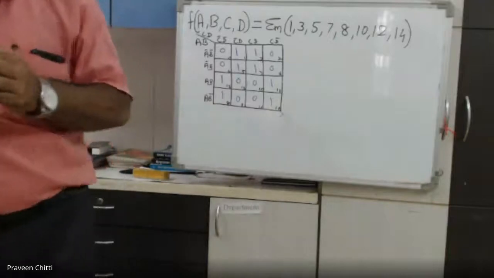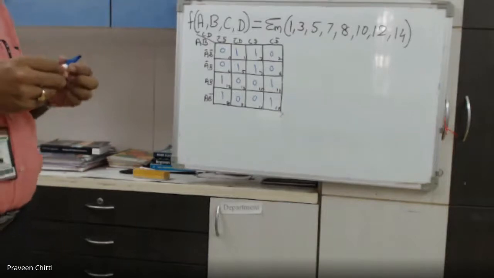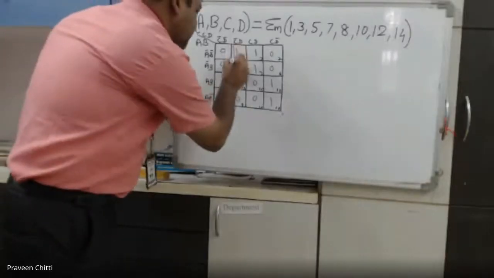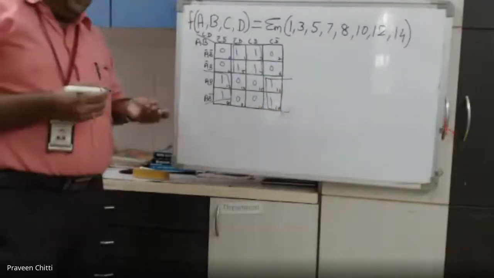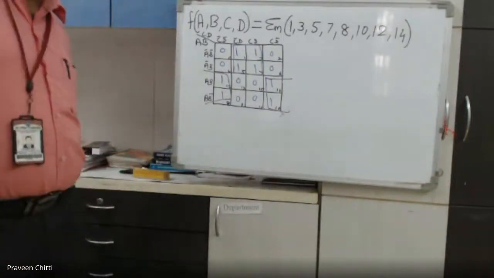Quickly tell me how I should form the groups here. Yes, Soundarya? So 1, 3, 5, 7 as one chord. Very good. And next, 12, 8, 14, 10 chord. Because if you fold it, you will get a chord like this. So that chord should be shown like this. So with this, we have covered all the 8 ones which are present here.